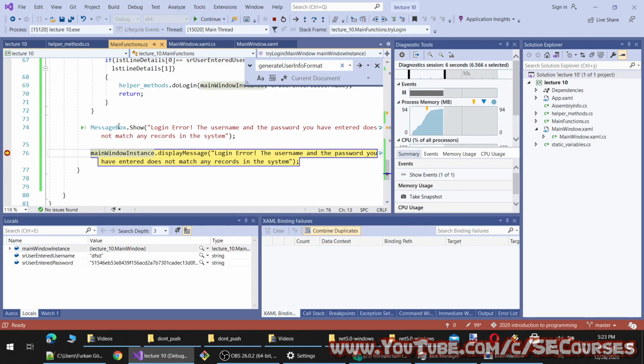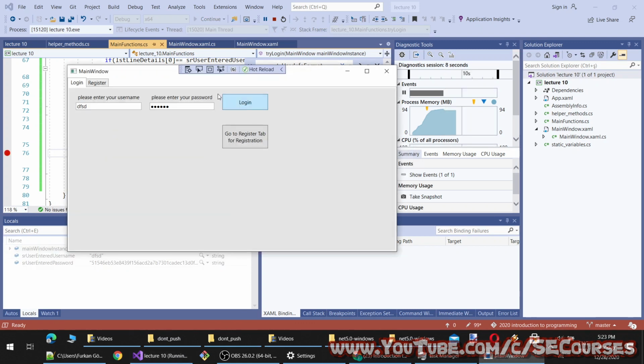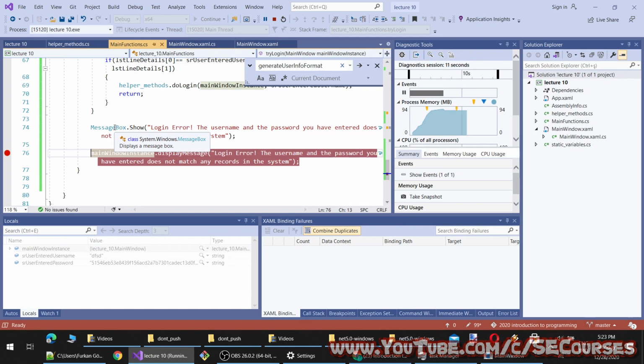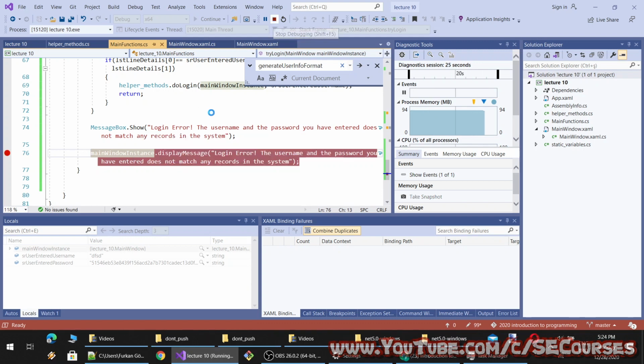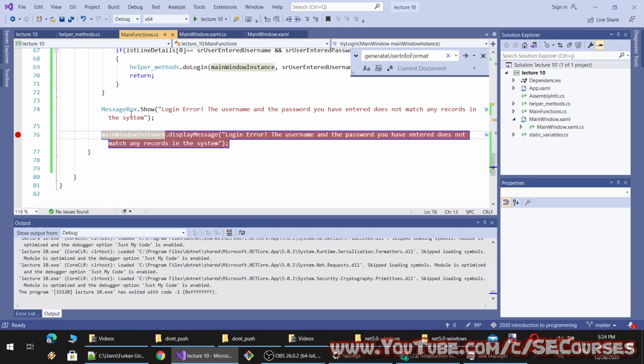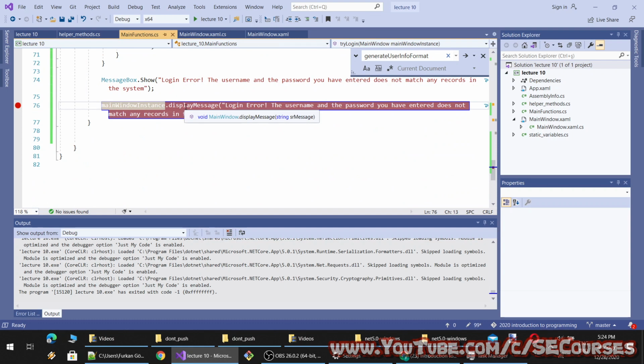Yeah, it does work. So it appears that it is getting the instance of the currently running window. Okay. However, you can also alternatively use this methodology.